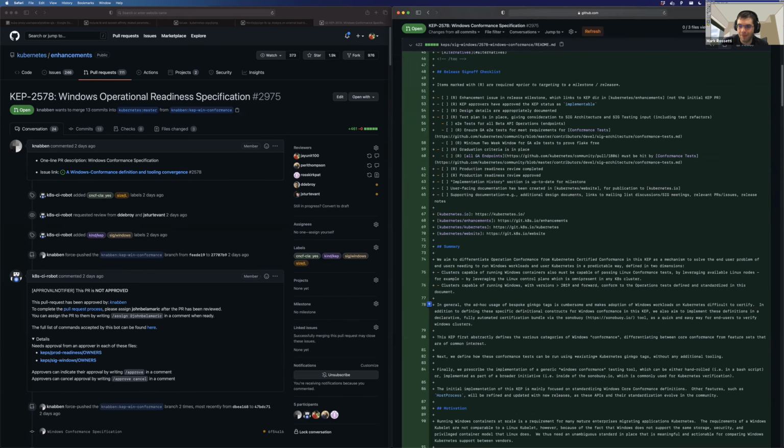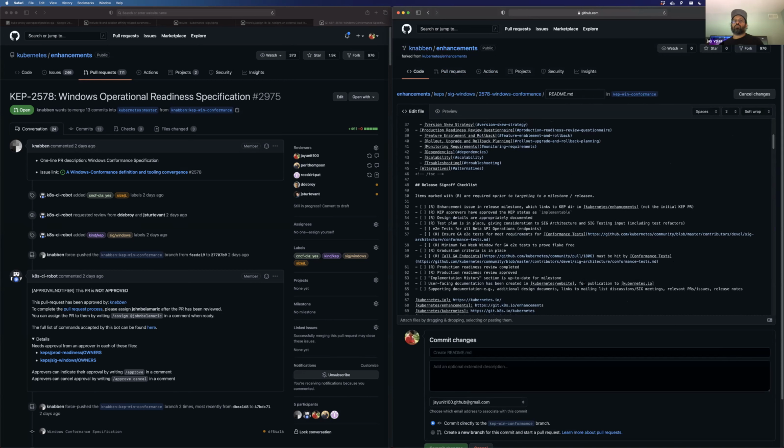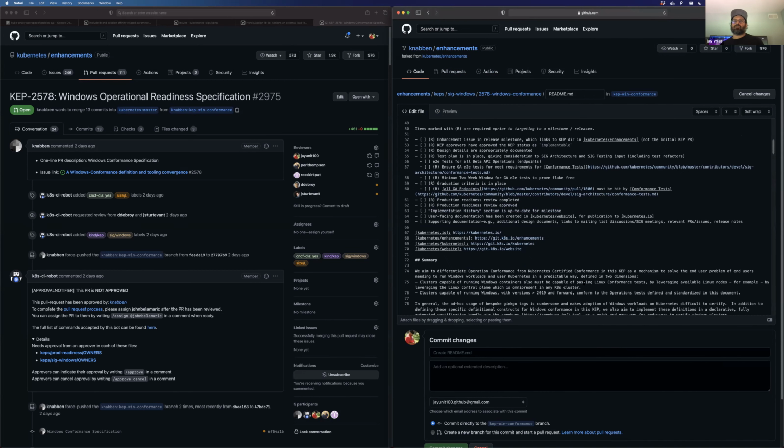I think we should be pretty careful about what we put in there, because anything we say is gonna cause some people to go crazy. We really got to soften this. The first sentence I have here is how we're differentiating things. I should really just say operational readiness for running Windows workloads is a continuous